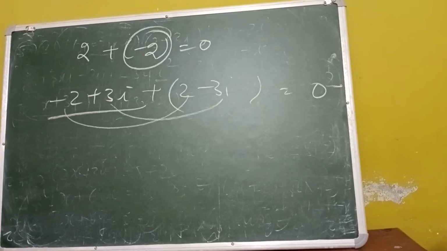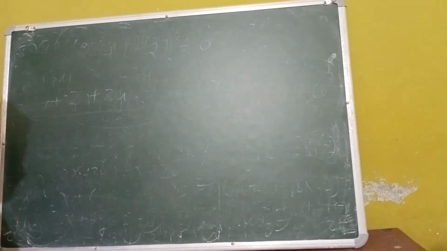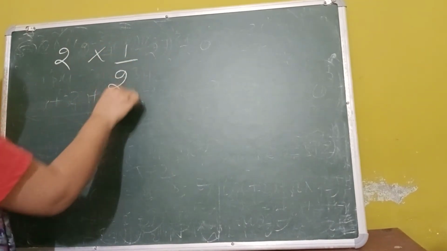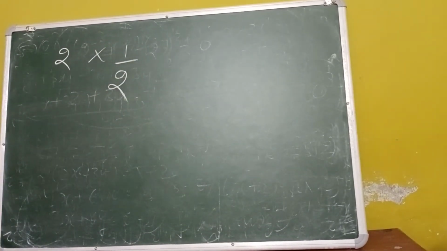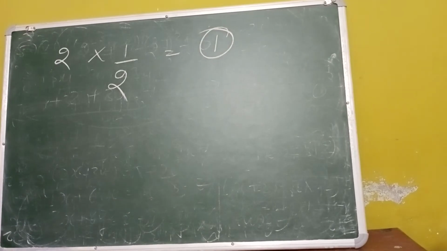Now the next question, question number 8, we are going to study the multiplicative inverse. If the number 2 is given and I ask the multiplicative inverse of this 2, you will say it is 1 upon 2, because when you multiply it with 1 upon 2, the answer is 1. So additive inverse means after adding that term we have to get 0, and multiplicative inverse means when we multiply the given term with the multiplicative inverse, we will get 1.